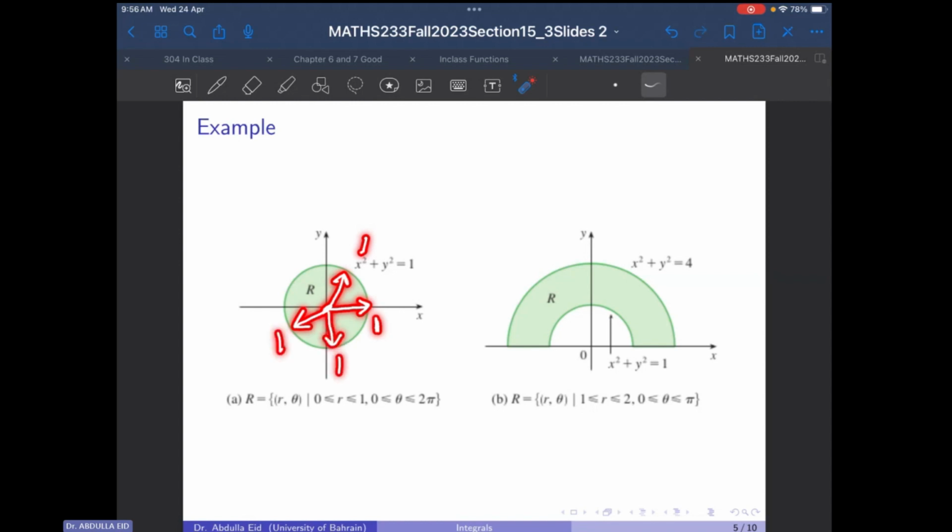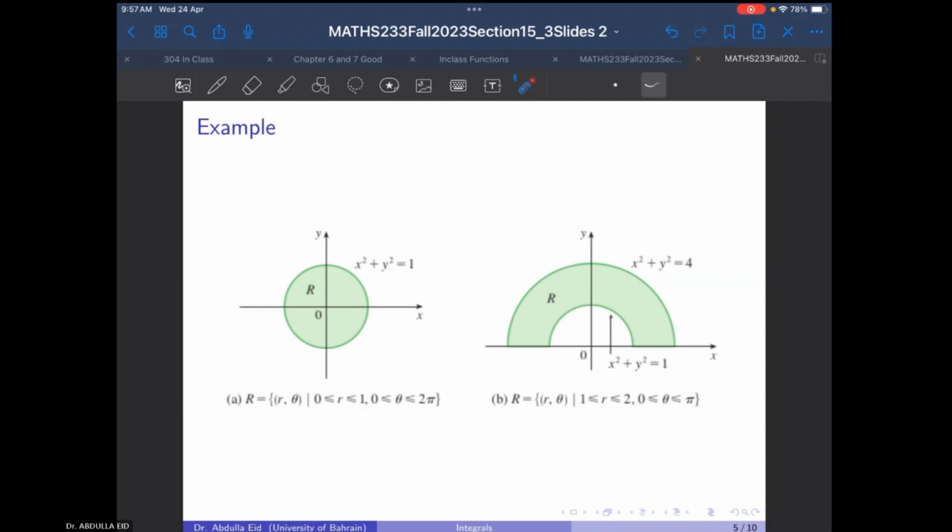In this direction, again, 1. So in all directions, I'm moving from 0 here, and the maximum I will reach is 1. This is just a simple example, and we are lucky because this is a circle. So this is how we find how r moves from where to where. Again, we will need this because we will do a double integral and we need to know r from which number